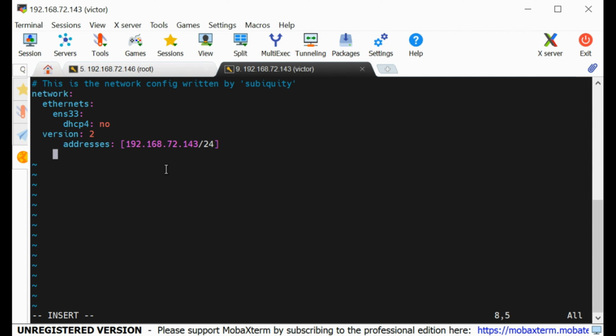Then after addresses here, I can put in the gateway. gateway4 is used to put in the gateway, but I think it is deprecated, but it should still work. Let's see. 192.168.72, my gateway is .2. And then for the name servers, that's the DNS, here I can then have my addresses. So I can say addresses for name servers. This is going to be